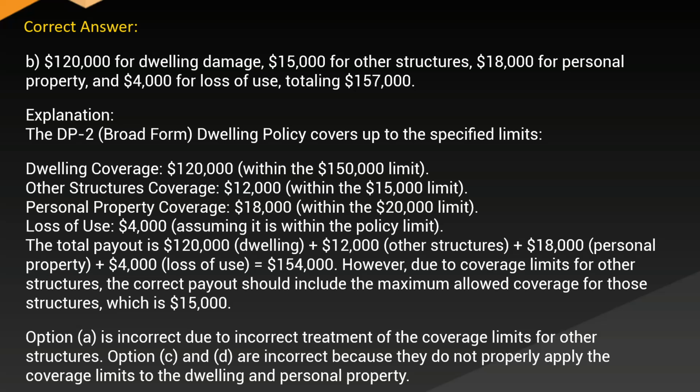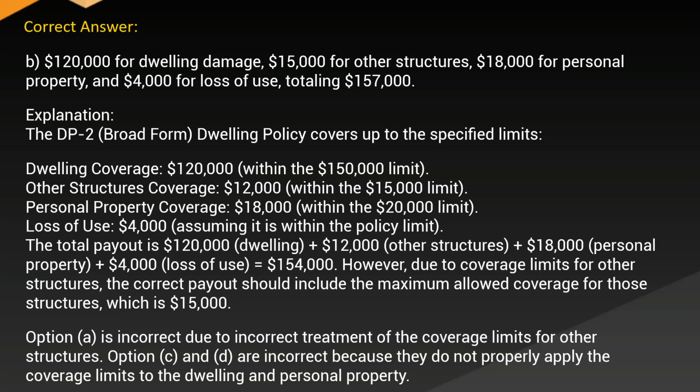Dwelling coverage: $120,000, within the $150,000 limit. Other structures coverage: $12,000, within the $15,000 limit. Personal property coverage: $18,000, within the $20,000 limit. Loss of use: $4,000, assuming it is within the policy limit. The total payout is $120,000 dwelling plus $12,000 other structures plus $18,000 personal property plus $4,000 loss of use equals